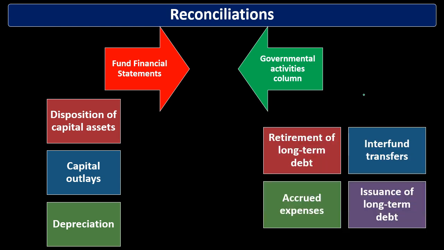We could have differences for the retirement of debt, inter-fund transfers, accrued expenses, and issuance of long-term debt. So anything related to long-term debt is going to be another thing that could be a difference because, once again, on the accrual basis, we would expect long-term debt, such as a bond payable, to be on the books as a liability. But when we go to the modified accrual basis for the governmental funds, we're not going to be recording long-term liabilities, and maybe put the flow in the activities in more of a temporary type of account, as we record that under a modified accrual basis. And then again, we're going to have that difference that we'll have to reconcile within the reconciliation process to tie these two things together.